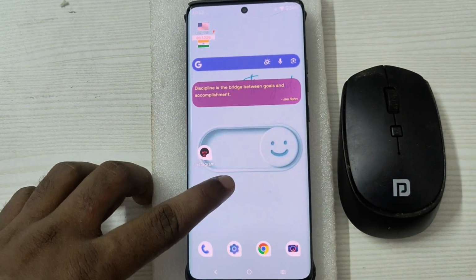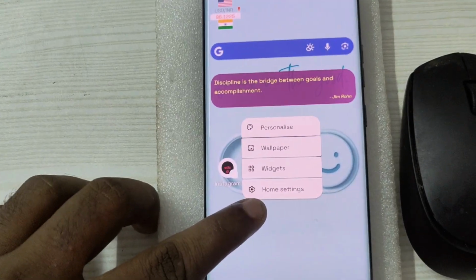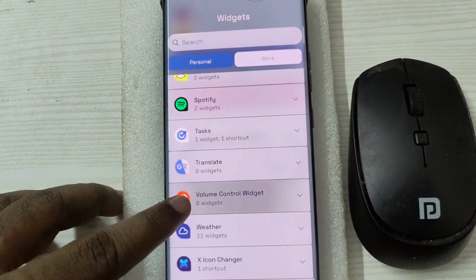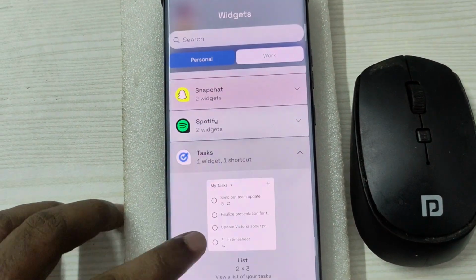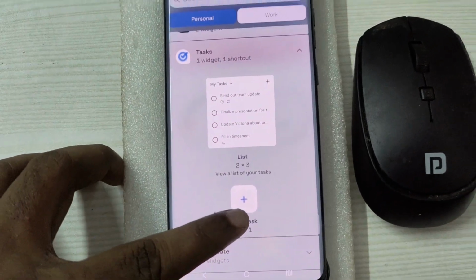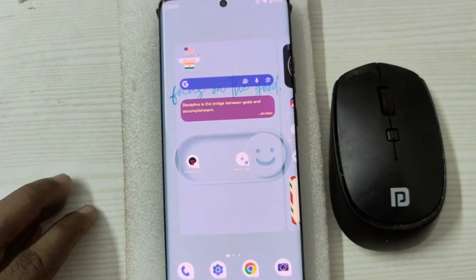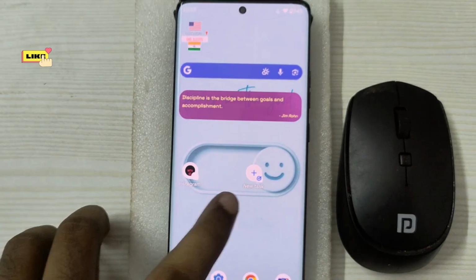Then next step, press and hold on your home screen for a few seconds, then click on widgets and scroll to the bottom until you find this task here, and just select this and drag and drop it on your home screen here. Okay, now tap on this